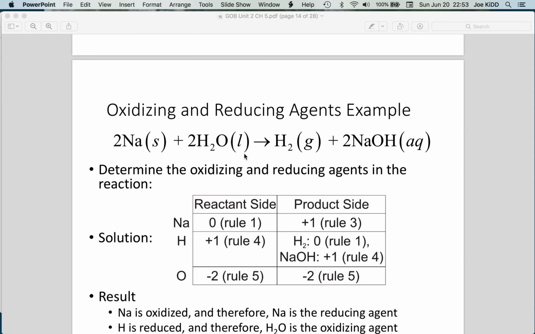Okay, so let's start putting this together now with what we talked about in terms of identifying something as oxidation or reduction, right? We talked about something undergoing oxidation or undergoing reduction, and what that would mean in terms of gain or loss of electrons or oxidation numbers. So let's look at this reaction that we have here. We have sodium solid plus water yielding hydrogen gas and NaOH. Now,